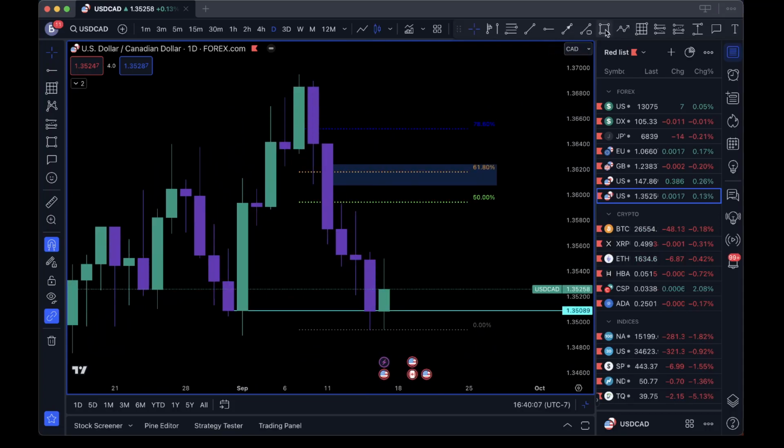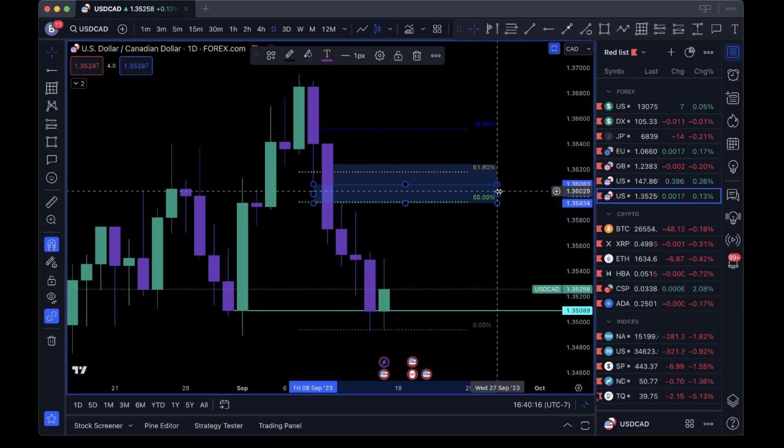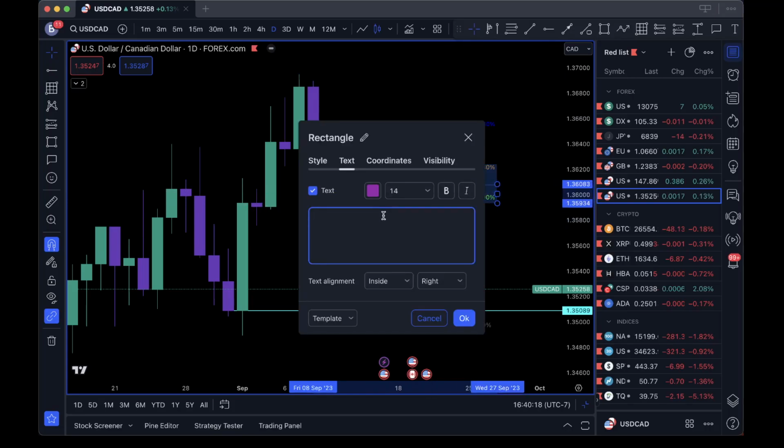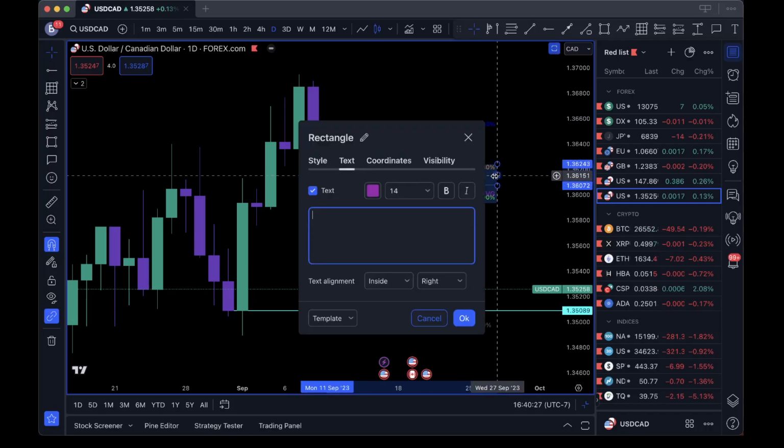Okay, and here we go. We have another fair value gap right here on the daily. You see, guys, sometimes it's not as easy as you think, right? Like, okay, let me go ahead and pull this in. We got a daily FVG. Sometimes it just isn't that clear. You kind of have to sit on a chart, start dissecting it and pulling it apart, and it might take you some time. Not every chart you look at is going to take you 3 seconds to break down. Some of them you might have to work a little harder for. 4-hour FVG. Cool.